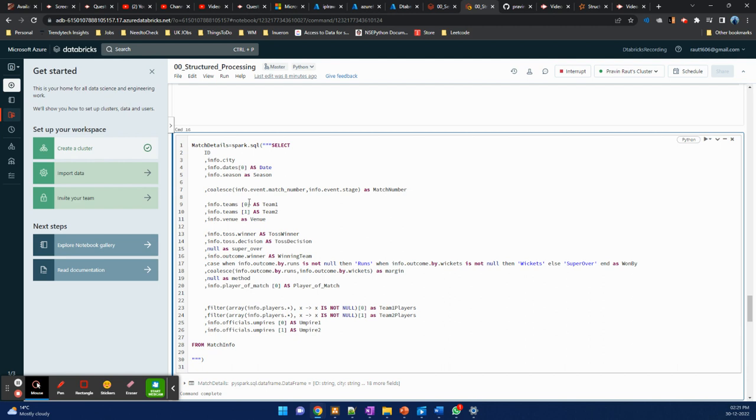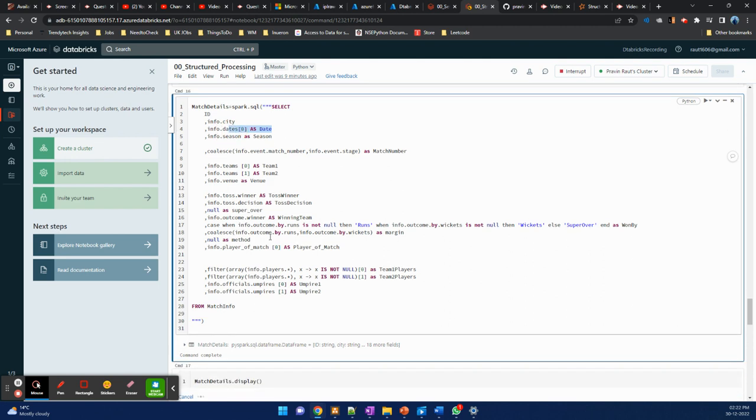So here, the thing to notice is that we need to split arrays, like teams would have 0 and 1, the first team and the second team. Match state would be only one, as we play a match on a single day. Then there was a toss winner, and then we have done something like if it was by wickets or runs, how the team won, that we store in one by section. So these two columns we segregated into a single column, and we have applied coalesce as well